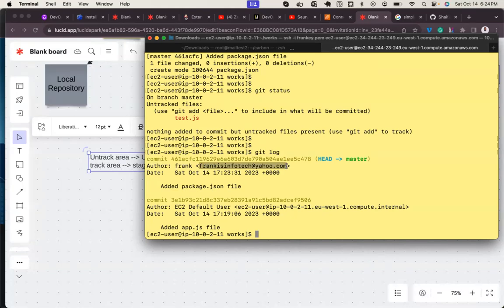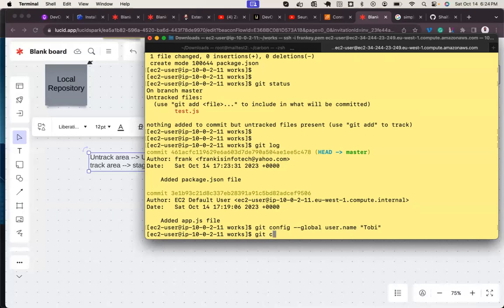So if I come back here and reconfigure that, I say git config --global user.name is Toby. Enter. Git config --global user.email is Toby at yahoo.com.